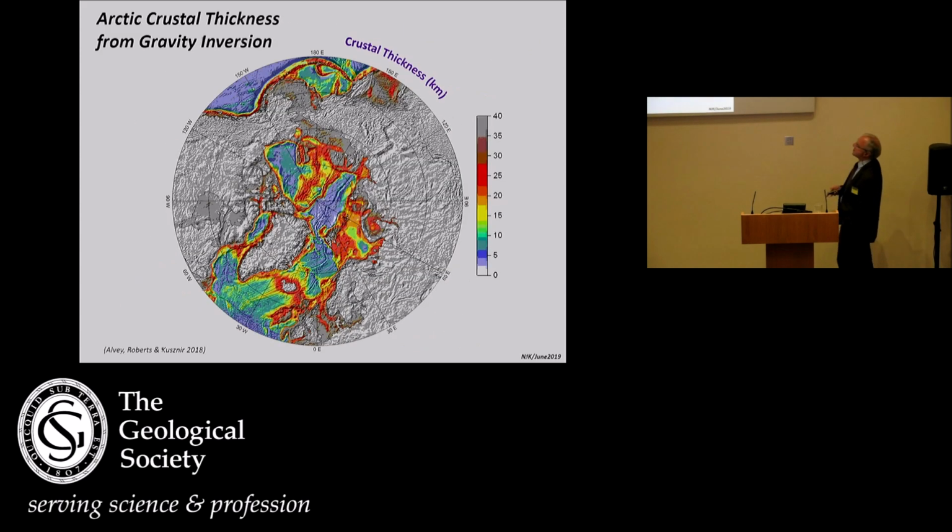global analysis. Many years ago, perhaps 11, 12 years ago, we produced the first maps for the Arctic. We can see where the ocean basins are, the Canada Basin, the Eurasia Basin, these little basins, Podvodnikov and Makarov. This is a more recent